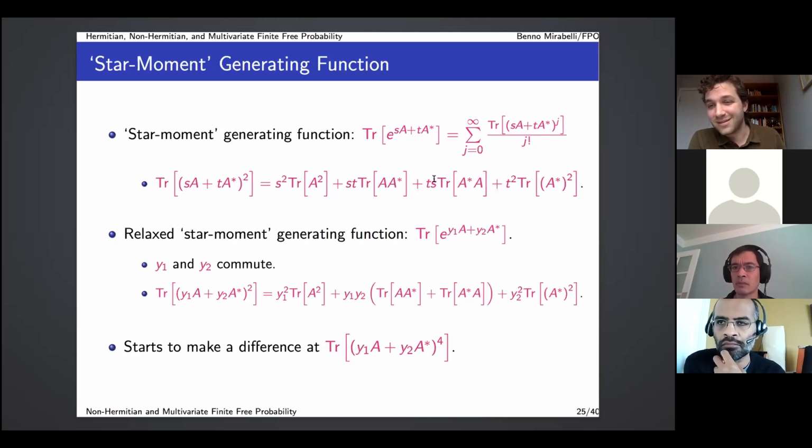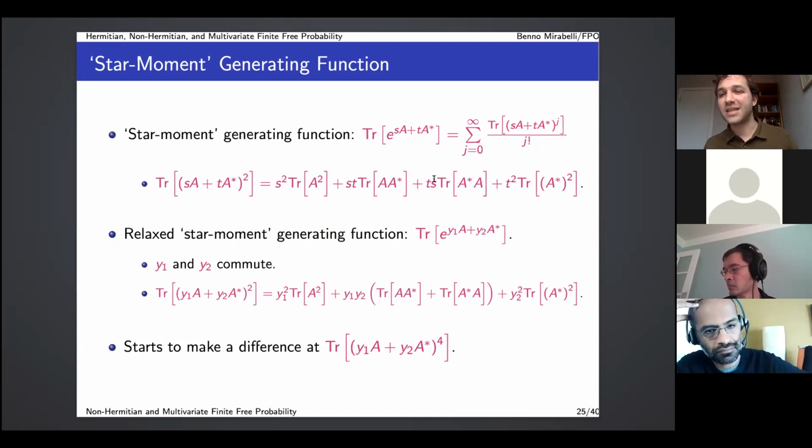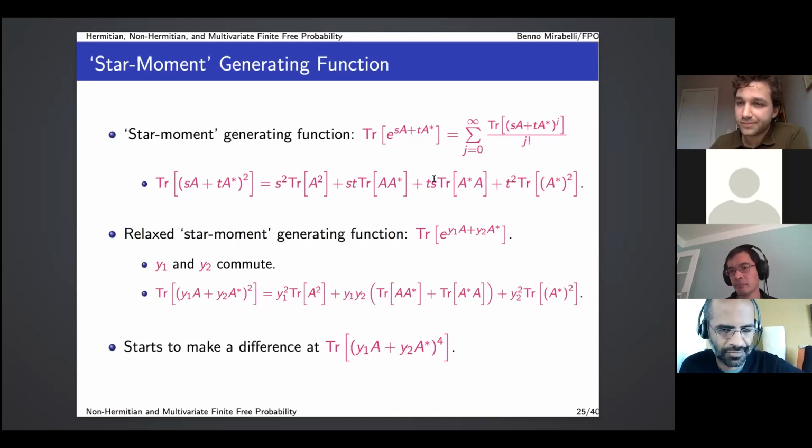I guess in the Hermitian case, the distributions do exist, so the question does make sense in that case. Yeah, well, that's a different question. For any collection of n moments that you give me, you're going to have some distribution that it corresponds to. But if you give me any collection of these star moments, you might not, and you don't. Okay, thanks.